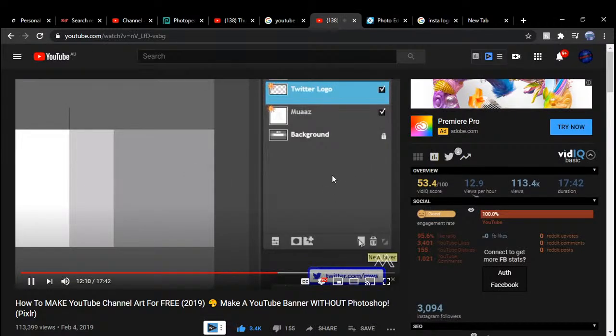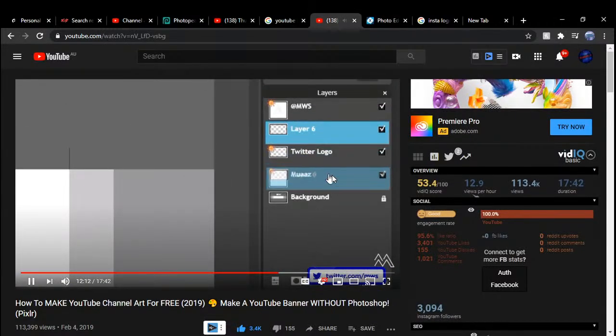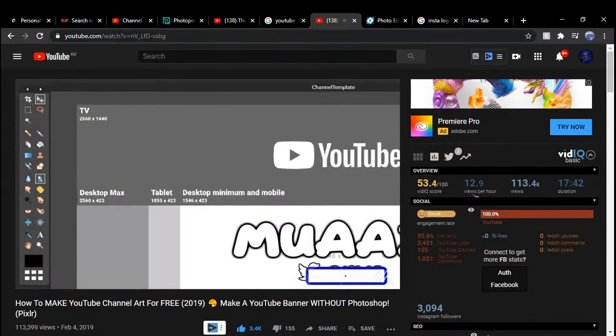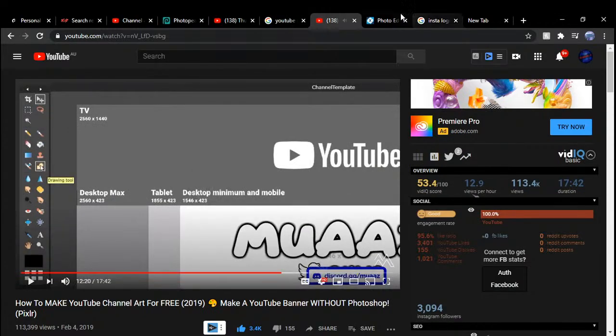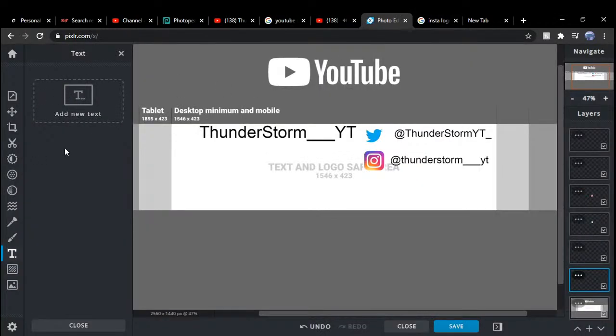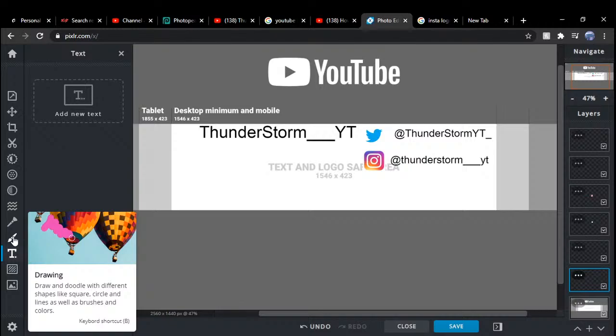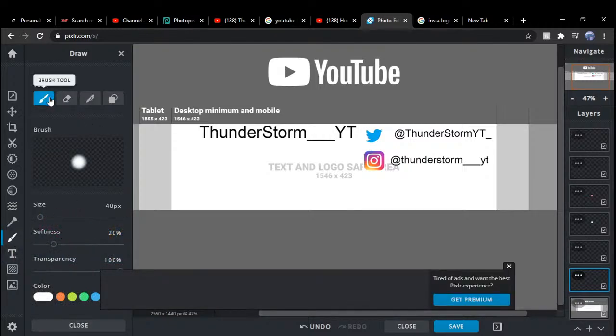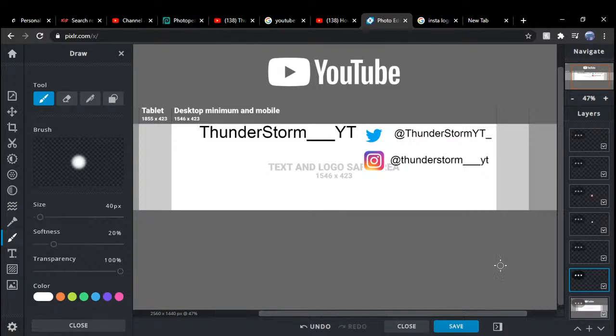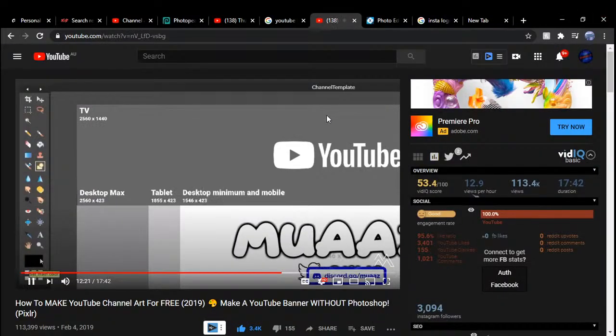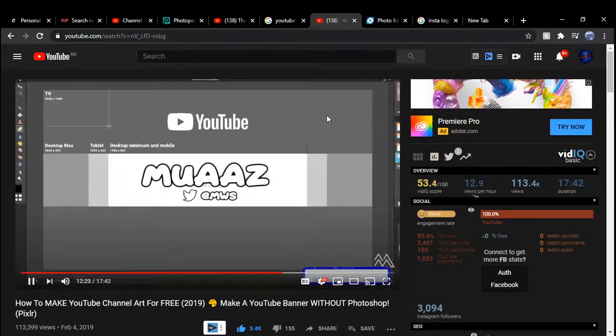Here next to the trash can. Once you do that, drag this new layer down so that it's on top of the background, but not on top of the text and all that good stuff. From there, what we want to do is go to the drawing tool right here. Make sure that your color is black, and then go ahead and make a rectangle that lines